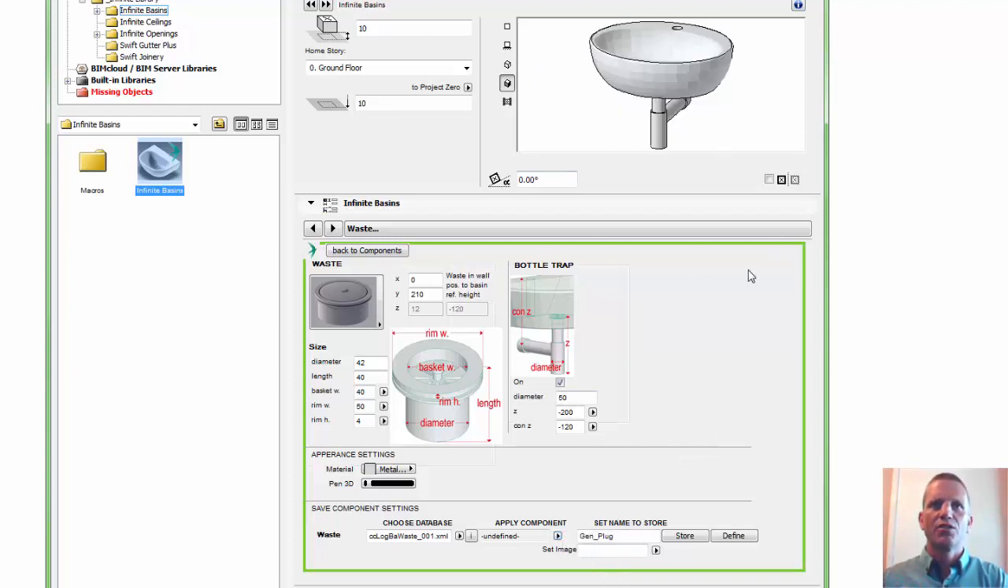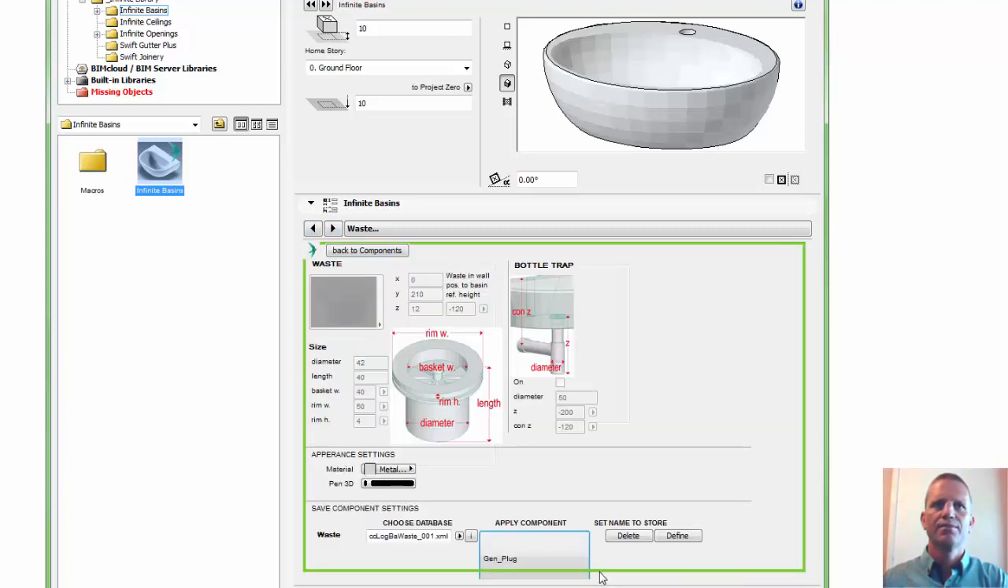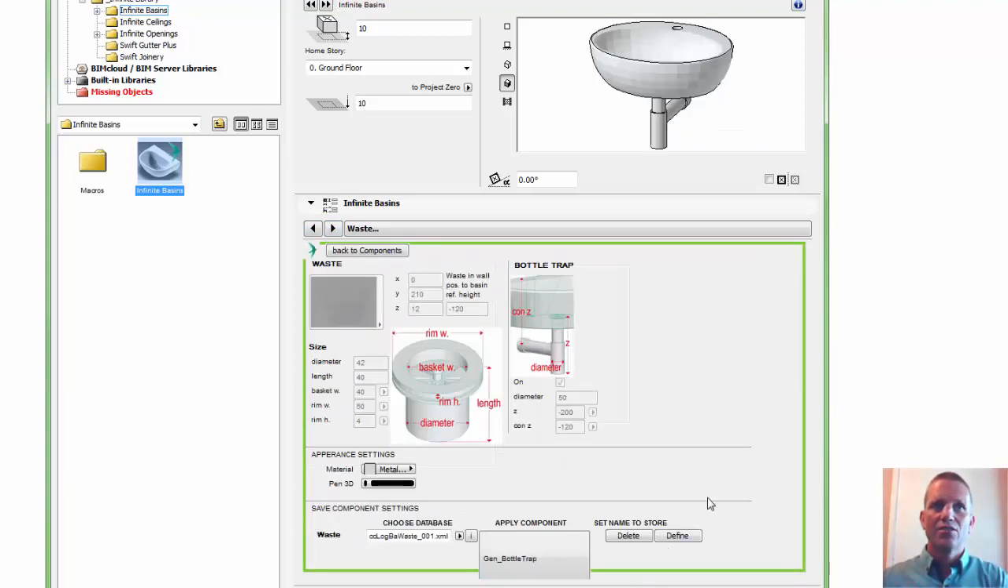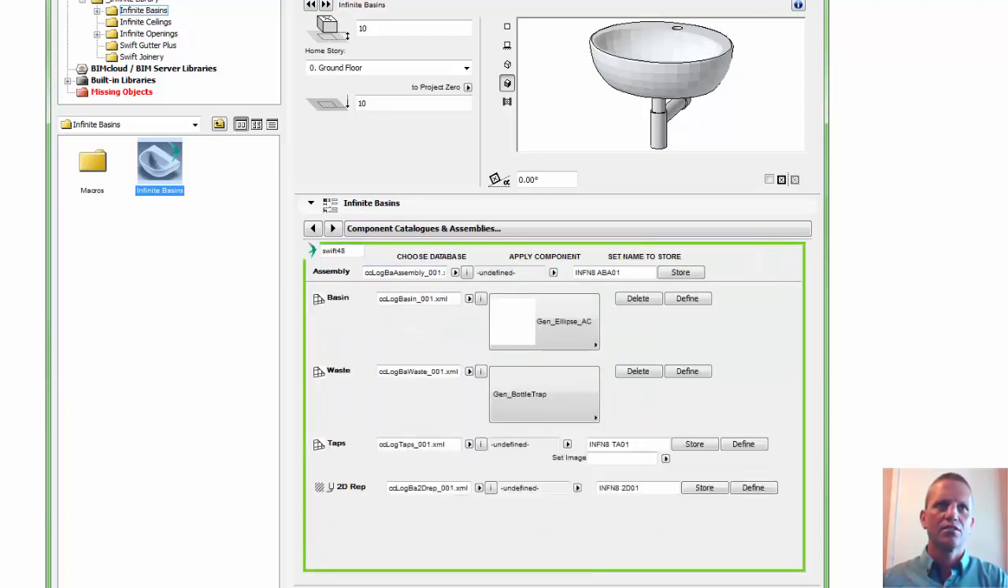So I'm just going to turn a bottle trap option on, and I'm going to call this gen bottle trap and hit store. Once again, a quick refresh, and now you can see we've got the gen bottle trap in there. So we can go to the plug, or we can go to the bottle trap. So now after those quick configuration options, I can very easily, via my component catalogs, because that's where I prefer to work,